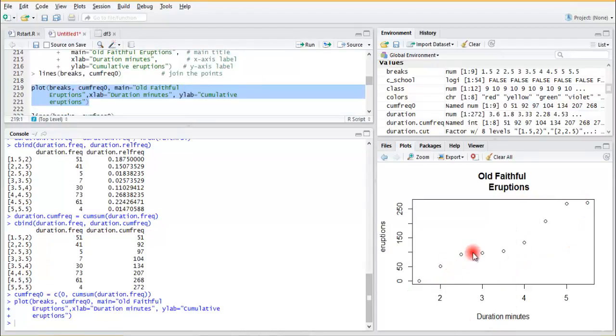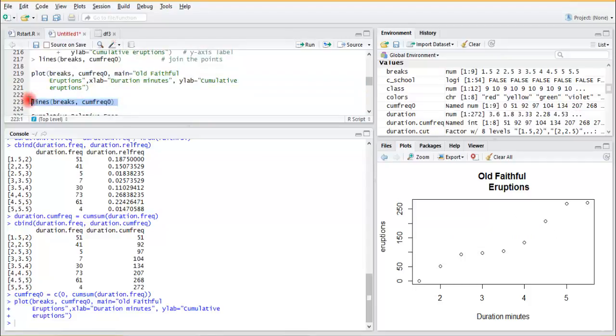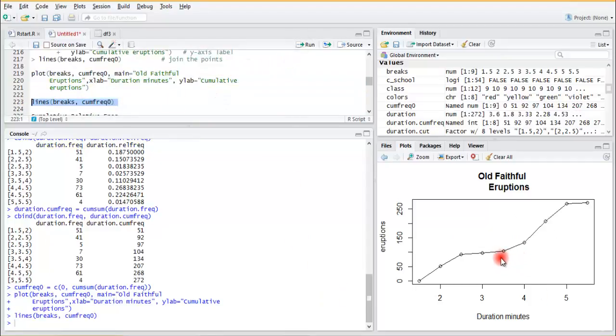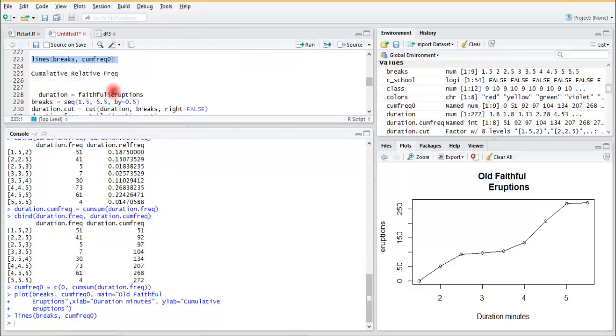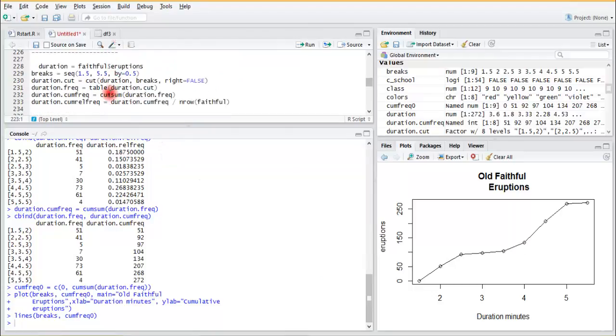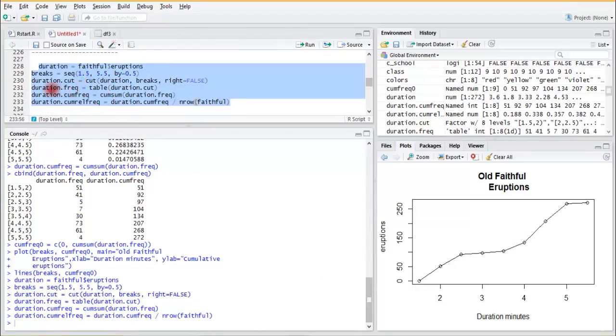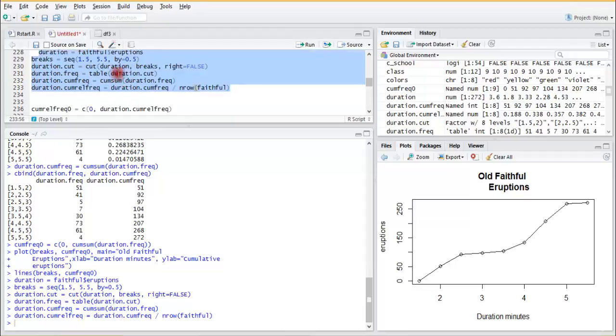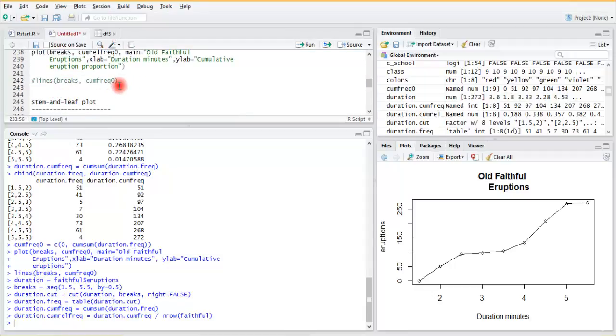So this is how it is increasing. There is a very steep rise after 4. From 4 to 4.5, a lot of observations are being added. Also there's a steep rise here, and a very flat structure here. So between 2.5 to 3, a very small number of observations are being added. So the cumulative frequency plot is there. We can add it using lines. I think this is the function. Yes, so instead of dots, now we have a line also. Cumulative relative frequency: these are basically the same commands that we ran from the frequency perspective, and we can plot it again.